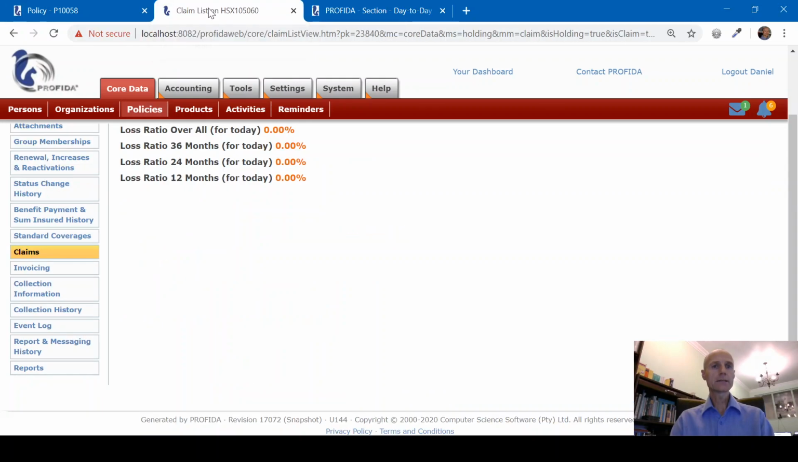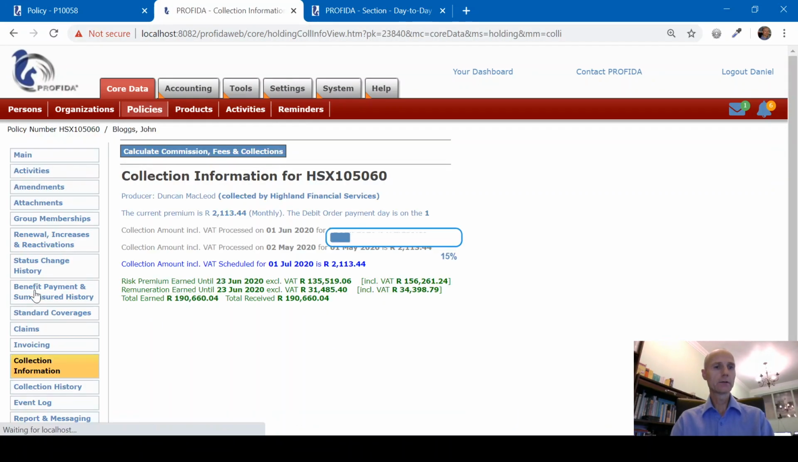Right, so now let's have a quick look into the collection information. So here we have a brief overview of what we have collected already and what we will collect. In this case, we see the next scheduled collection for 1st of July is 2,100 Rand,